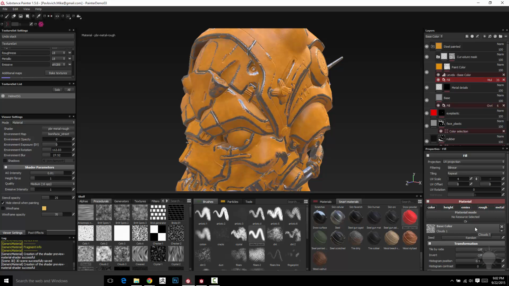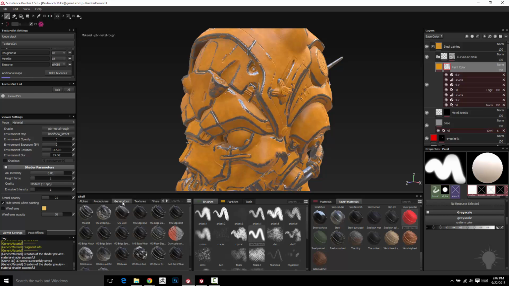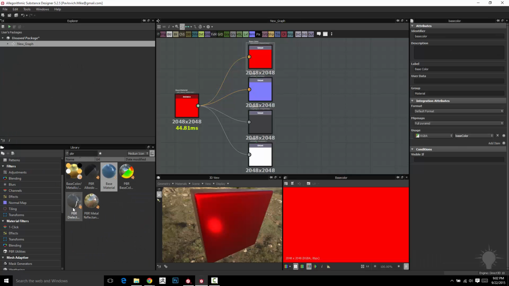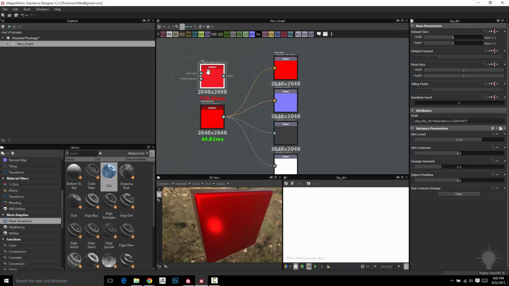Tons and tons of stuff you can do manually. Speaking of manually, if you click on the mask area, we haven't gotten into generators yet, which is where, remember when you're in Substance Designer and you could drag in, it's actually the same thing in here, it's called a mask generator. If you go in here and you drag in dirt, and you double click dirt,